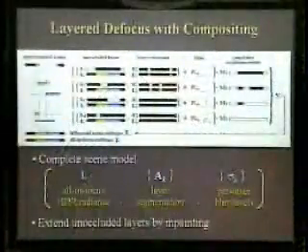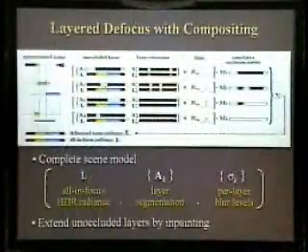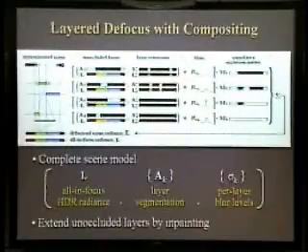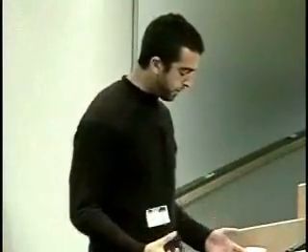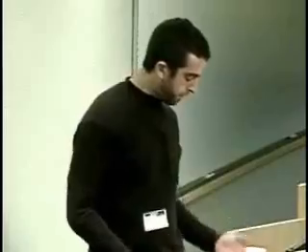In practice, we specify the occluded parts by extending the unoccluded parts of the layers using in-painting methods. Otherwise, the exact same compositing model as before applies. We blur the layers independently, we modulate by cumulative occlusion, and then we sum. So the complete multi-layer scene model can now be represented using three components: the in-focus scene radiance, a segmentation of the scene into layers, and the per-layer blur diameters.